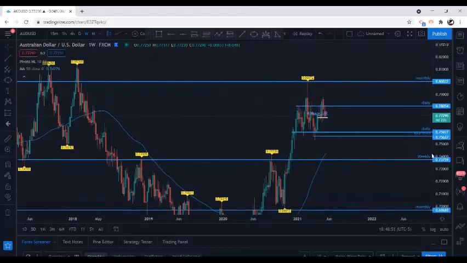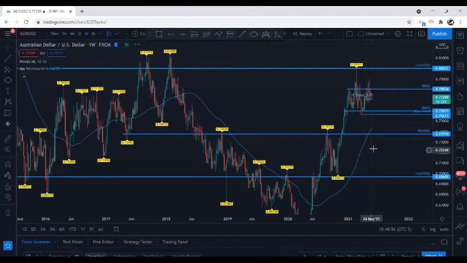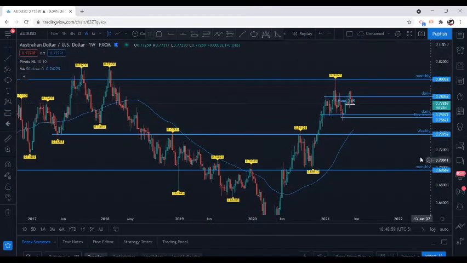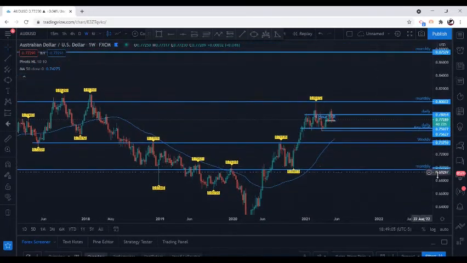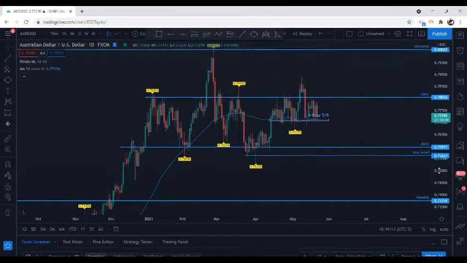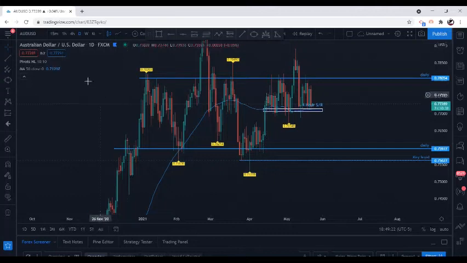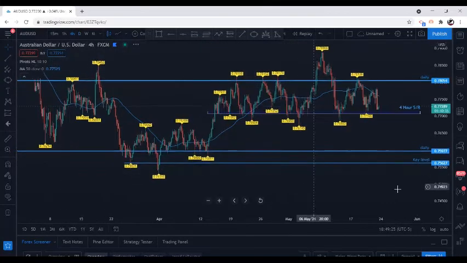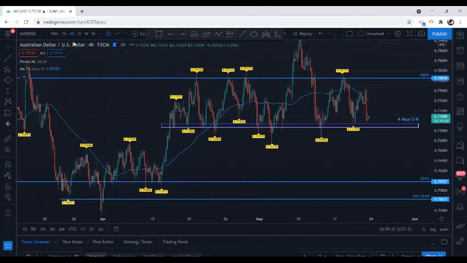If you want to see videos where I draw them on from a blank chart, you can look at my previous videos. So right here we identify our monthly levels and our weekly levels, and then we drop down on our daily time frame. On our daily time frame now, I identified this key level of resistance here and this key level of support. This key level right here that I have drawn up is a 4-hour level,